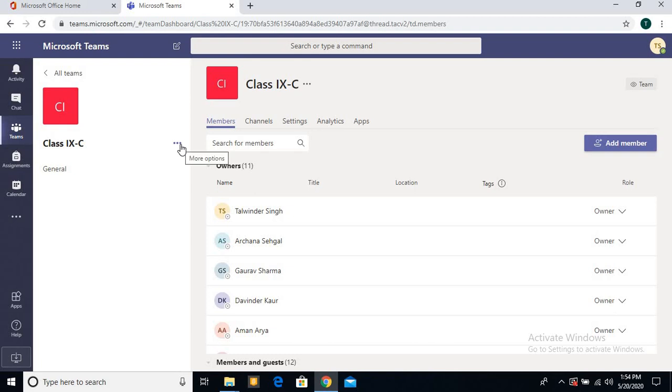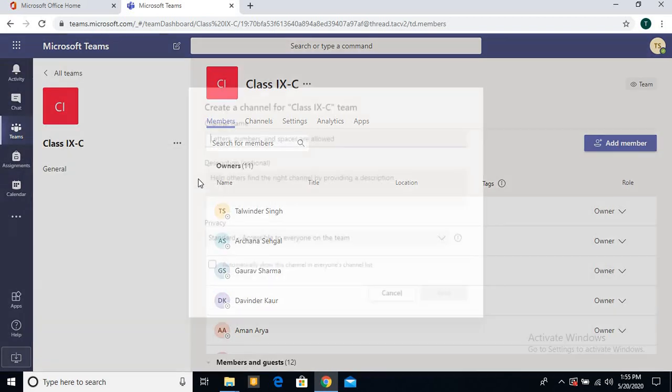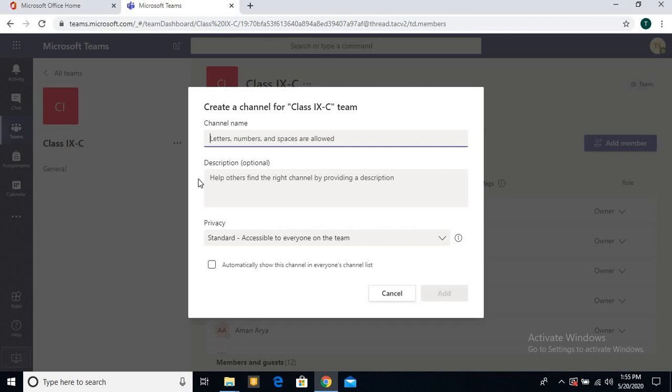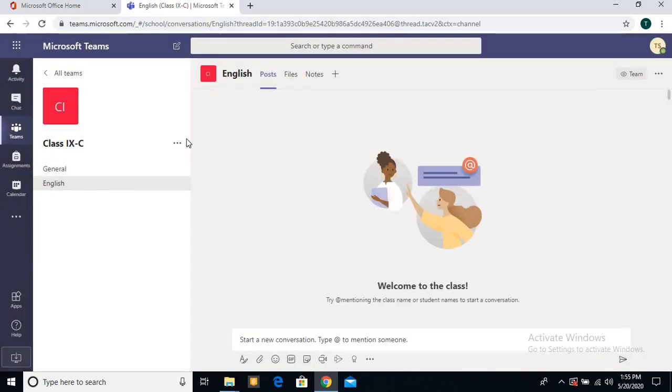Now if you want to add a channel, click over here, then add channel. Add channel means you have to make channels for all the subjects. I'm going to write English. English is available to everyone, so I'm not going to change the setting, standard accessible to everyone on the team, so let it add English. Then you see the channel is created.